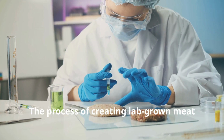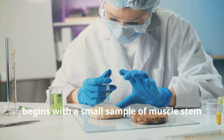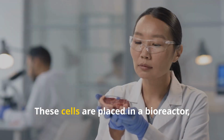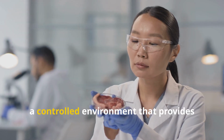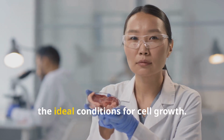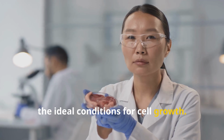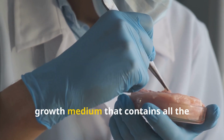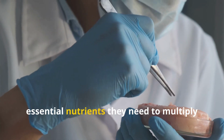The process of creating lab-grown meat begins with a small sample of muscle stem cells extracted from an animal. These cells are placed in a bioreactor, a controlled environment that provides the ideal conditions for cell growth. Inside the bioreactor, the cells are immersed in a nutrient-rich growth medium that contains all the essential nutrients they need